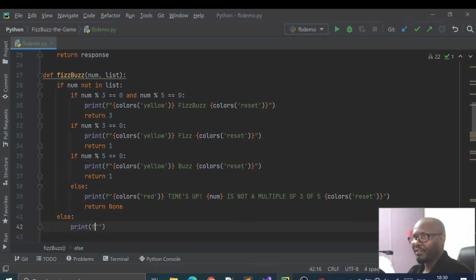Okay, put our F here, and then we say, put our colors red again. Sorry, no, our colors come with that already. I keep forgetting that. Print there. Put our colors there. Oh no, no colors anymore. This is not how this is, the colors are here. Okay. Put our colors there, red. Okay, and then we say